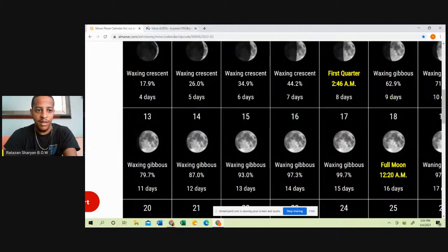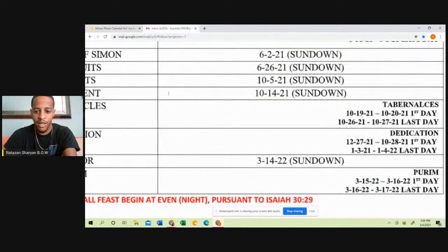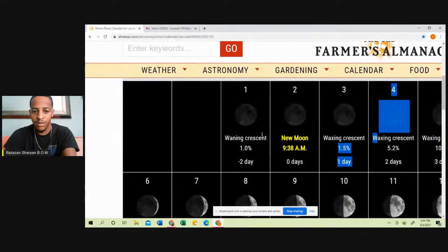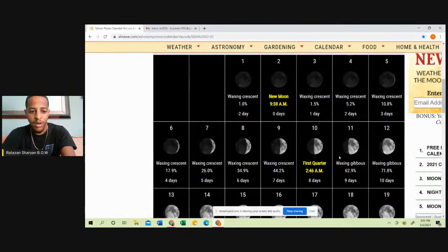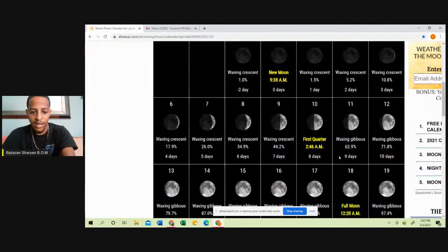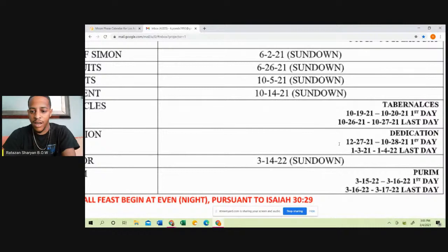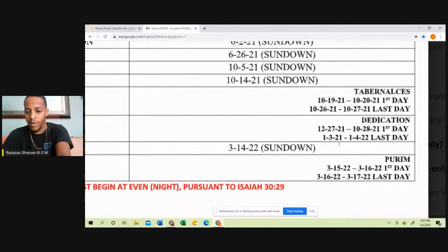Let's verify. 12, 13. Let's verify. The 15th at sundown. Yep, the 15th at sundown if you count from the moon. 1, 2, 3, 4, 5, 6, 7, 8, 9, 10, 11, 12, 13. 15th at sundown. And then 3 days in a row, because then the next day you will have first Nicanor and then Purim. Purim will be the next day. So the 16th at sundown, and it will end officially on the 17th at sundown.